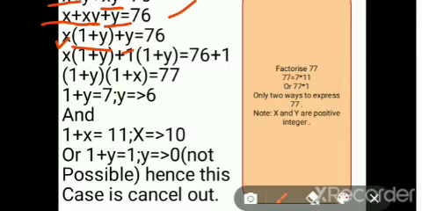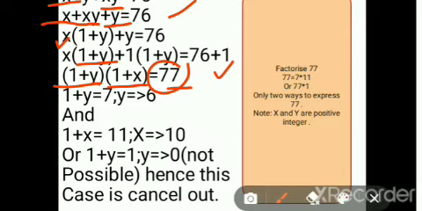I already have 1 plus y common here. We just make the same 1 plus y here, but I don't have any 1 here. What to do? We just add 1 to both sides. I add 1 on this side and 1 on the right side also, so 1 plus y is made here. After that we will take 1 plus y common, and the left value becomes 1 plus x, and the right side becomes 77. Okay, this is the procedure.